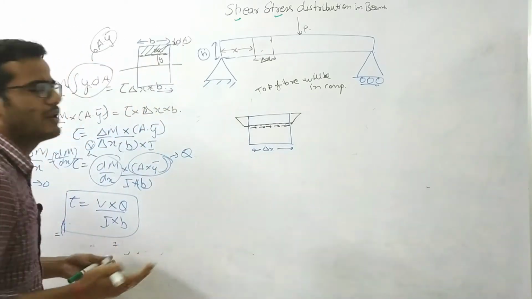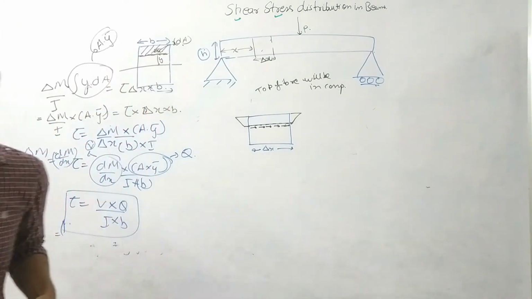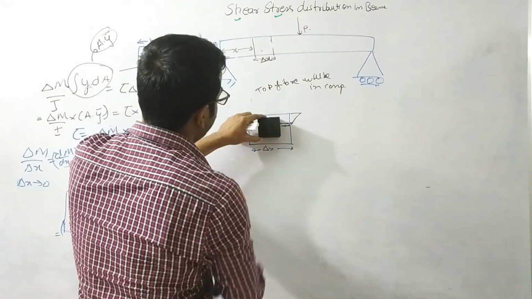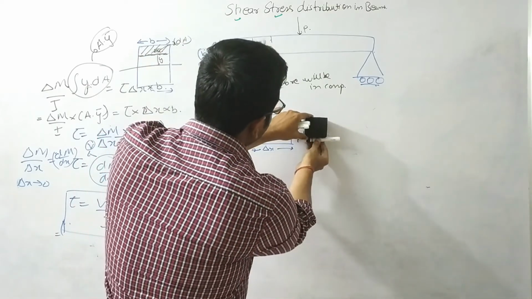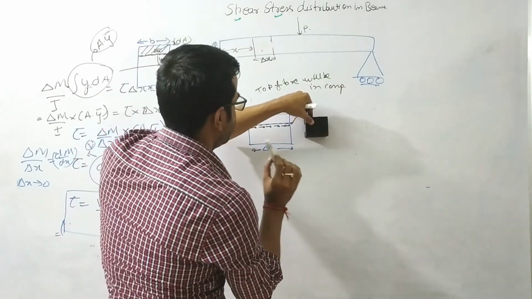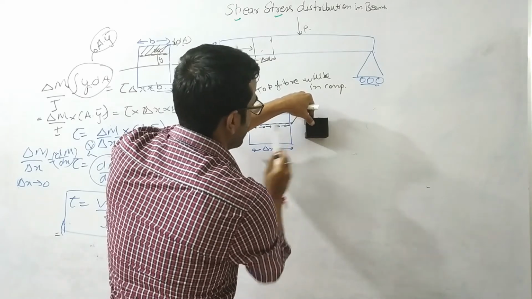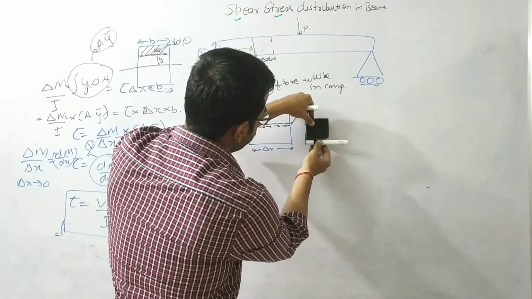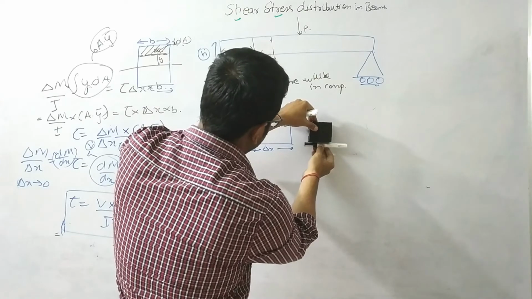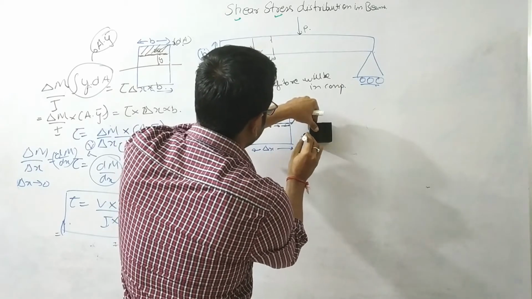Now we need to calculate the transverse shear, because basically our main purpose was to calculate the transverse shear. How will we calculate it? This is the dx element. We have calculated the shear stress tau in this direction. Now an equal amount of complementary shear stress will be generated in this plane also. If this tau stress is generating at this plane, the same complementary stress will be generated at this point.